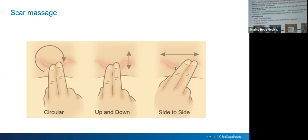In the later stages, there's some techniques that we can use. Patients can be really hypersensitive, right? If those nerve endings are, in essence, burned and they regrow a little bit in there, so they can actually have some really